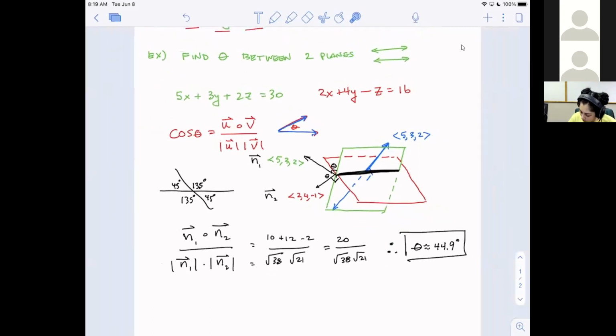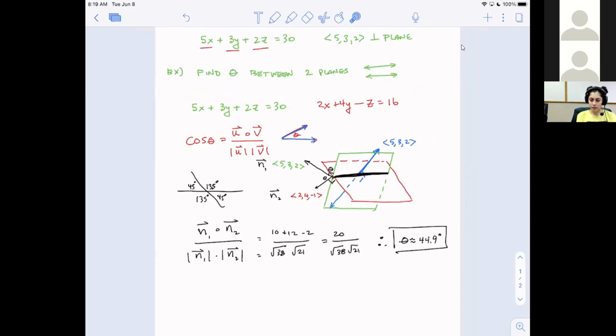So that's kind of cool. In a sense, we didn't actually have to learn anything new, but it's interesting that we don't actually find the angle between the planes. We're finding the angle between their perpendicular representatives, if you will. Since they're both rotated by 90 degrees, the angles would be a match. So that's kind of cool. And since we're staring at those two